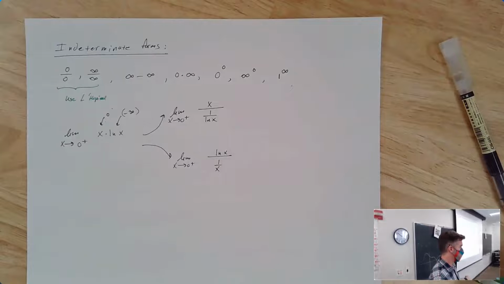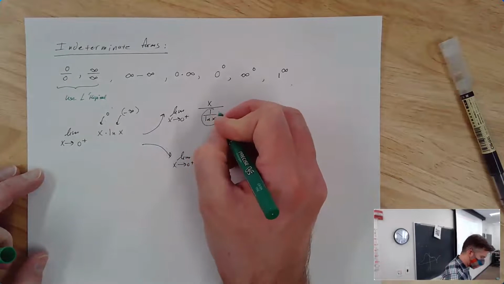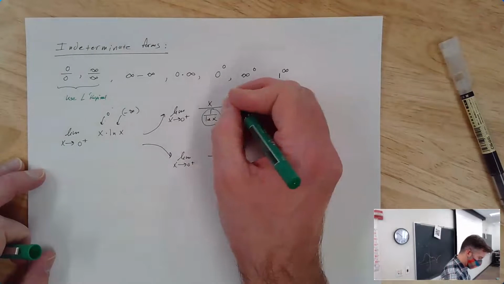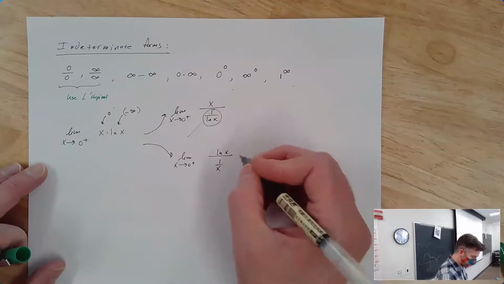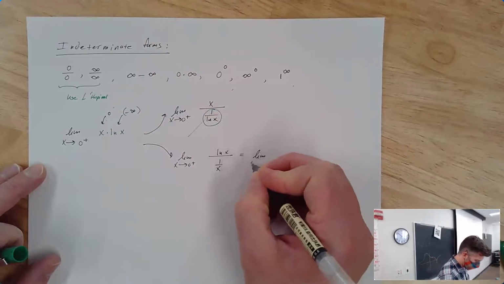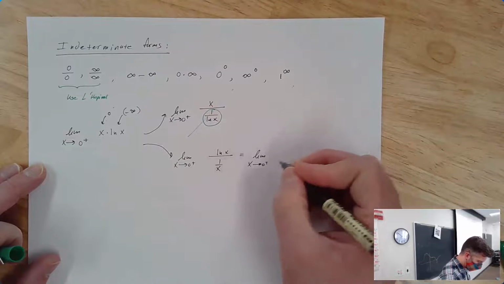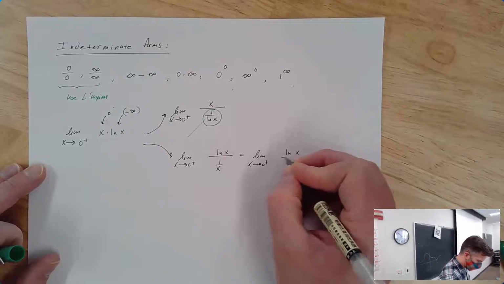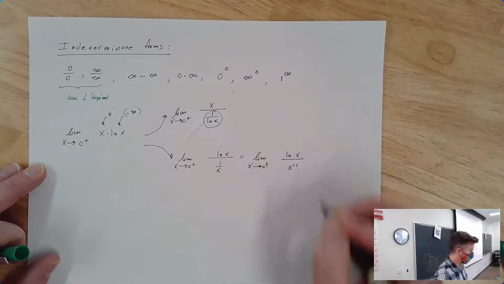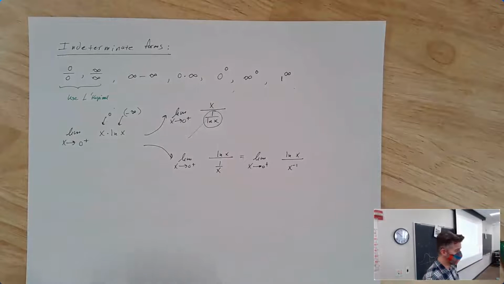Definitely 1 over natural log of x. That's terrible. You can write that as natural log of x to the -1 and then use the chain rule. But this here, I don't want to deal with that. I'd much rather deal with this, which I can rewrite as the limit as x goes to 0 from the right of the natural log of x over x to the -1st. Both of those things on their own are pretty easy to differentiate.